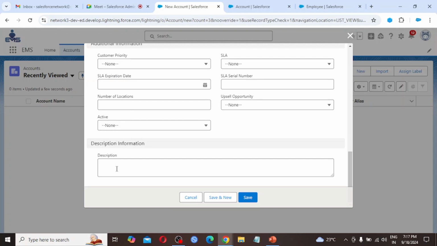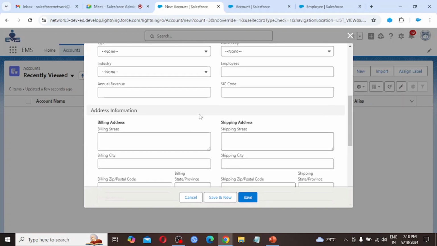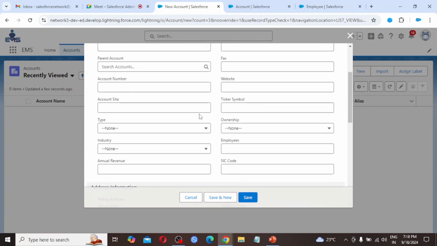and here description details we can provide over here. So we are not finding the amount field. So if there is a need to create an amount field on the standard object account, can we create or not? Yes, we can create.